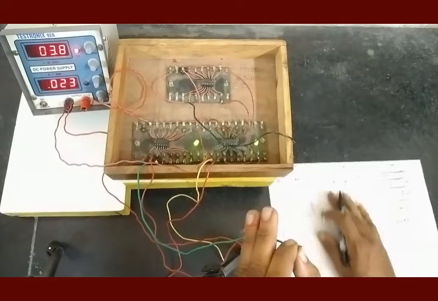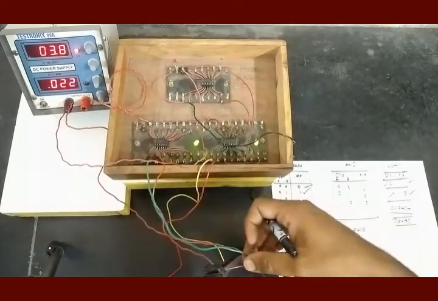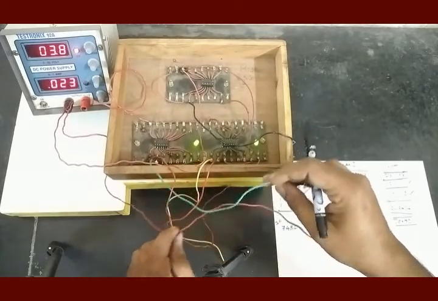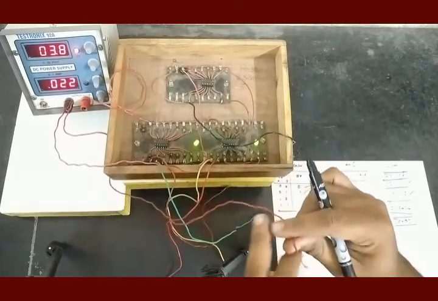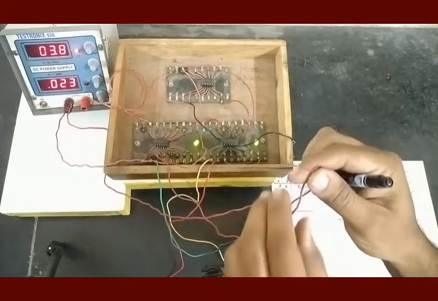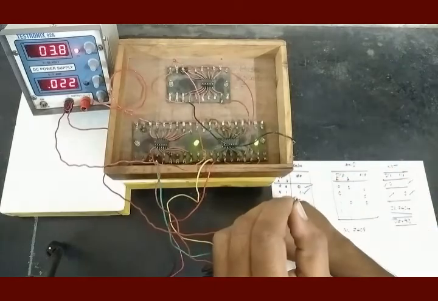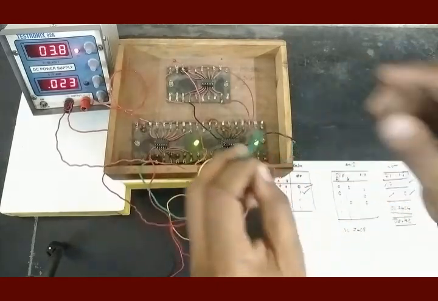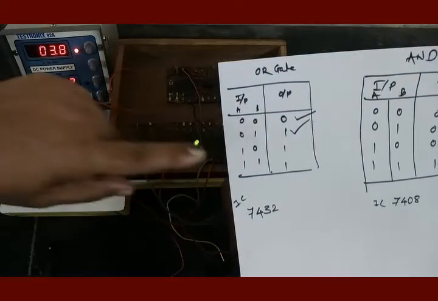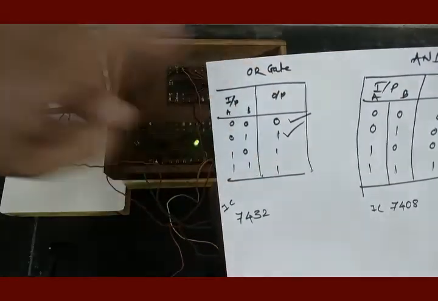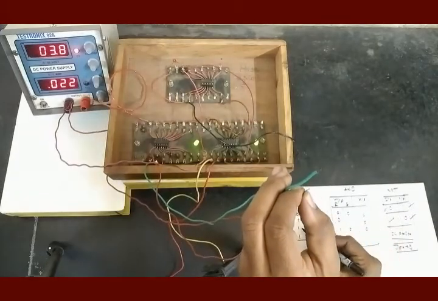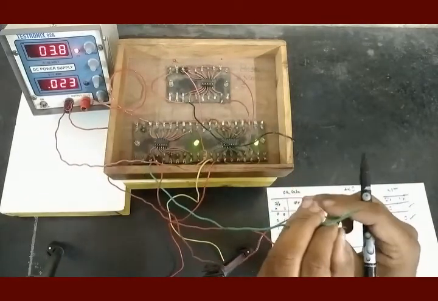Let us go for the third condition. In the third condition, we have to keep input A open, that is equal to 1, and we have to connect the ground wire to input B. So A will be 1, B will be 0, and if you look into the truth table, we will find that when A is 1, B is 0, output is 1, and we can see output 1 here. Third condition is also verified.